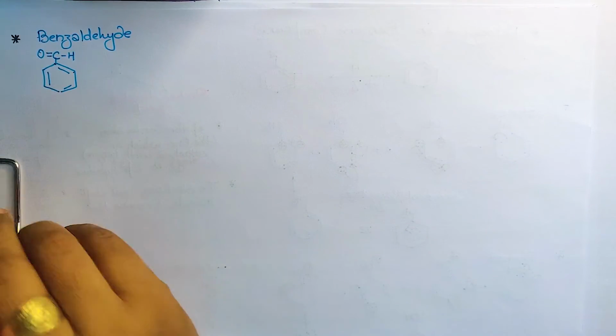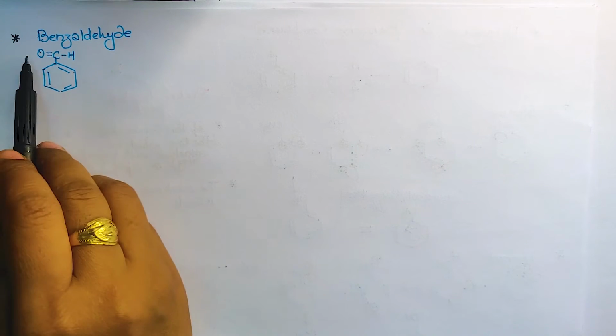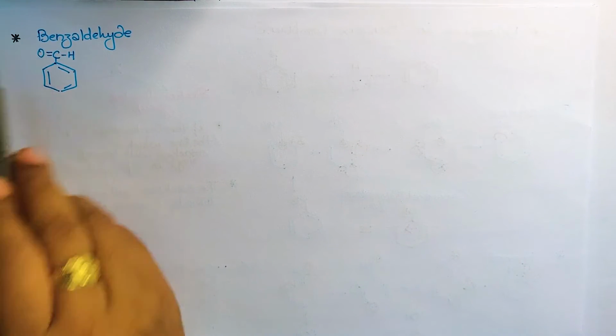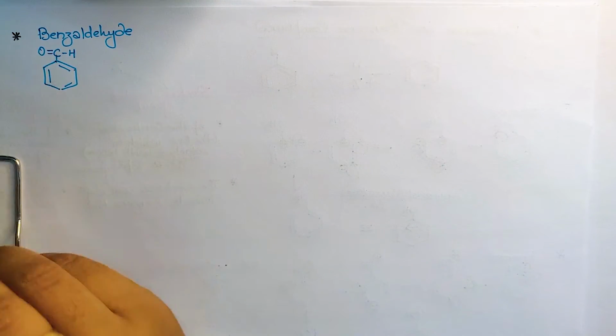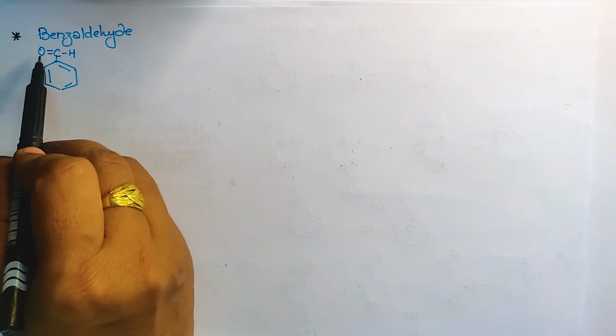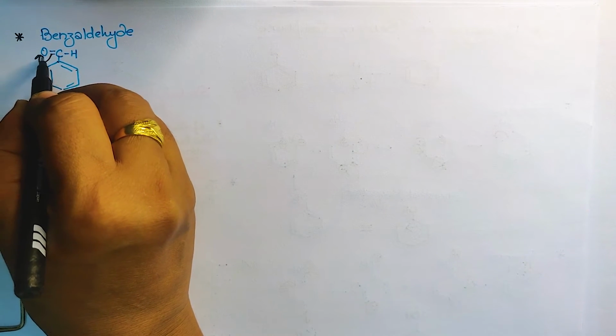Okay. So now what will shift? The double bond. दोनों जगह पे double bond ही है. So you decide which double bond will shift. This is in between the CC bond and here it is in C and O. So which is more polar? This bond. So that means this bond is going to break first. अभी break किसकी तरफ होगा? Which one is more electronegative? उसकी तरफ ये bond break होगा. So out of carbon and oxygen, which one is more electronegative? Oxygen. So that's why this bond has shifted over here.